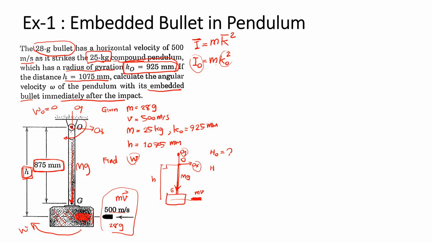So at the initial condition, the angular momentum about point O is equal to mvh, and mass is 0.028, v is 500, h is 1.075 meter, and this is going to equal to